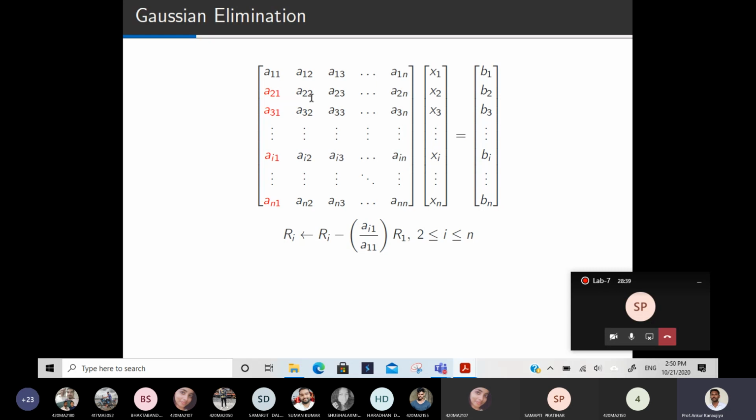So whatever I am explaining, I am assuming that this entry is non-zero. If you apply these many row operations, then this diagonal entry will never be 0 in this process. That we are assuming. If it is 0, we will discuss later how to deal with those entries. Suppose you are applying this row operation, this entry also could become 0, but we are assuming in this process it is never 0. So is that clear to everyone?